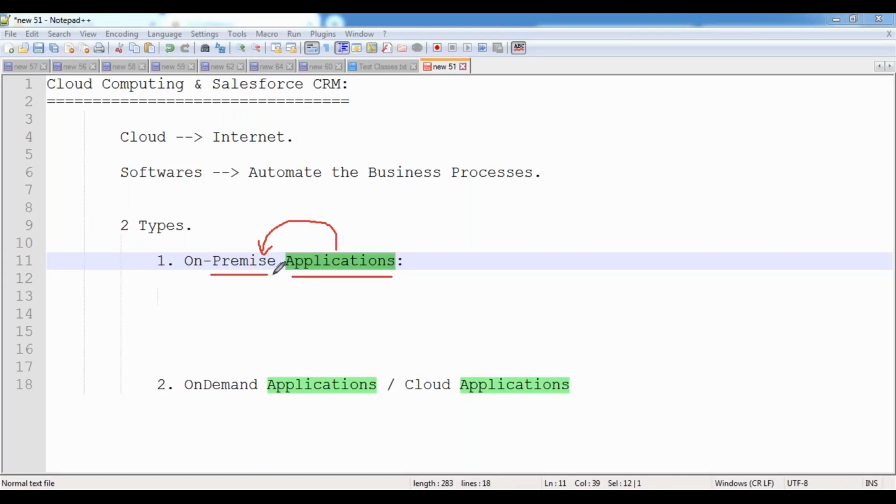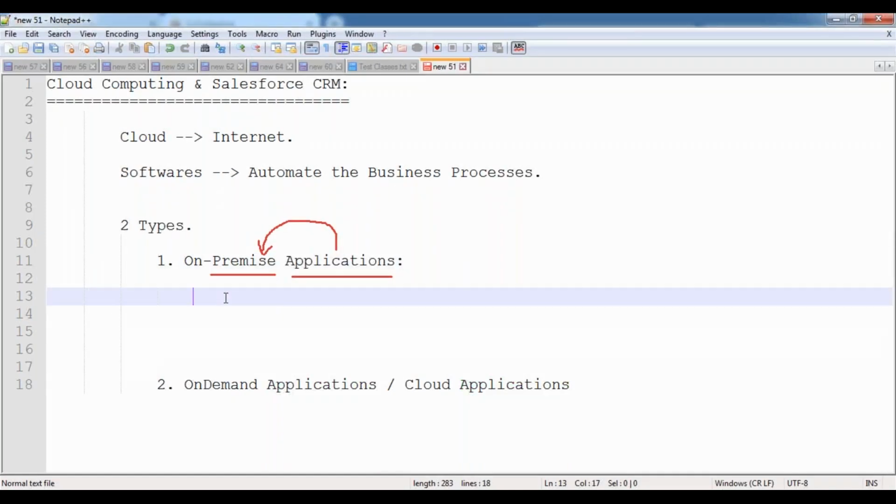Here, premises in the sense the device which you are using to access that application. Whatever the device you are using to access that application, in that device that application should be pre-installed. First of all, you have to install the application in that device. These kinds of applications are called on-premise applications.